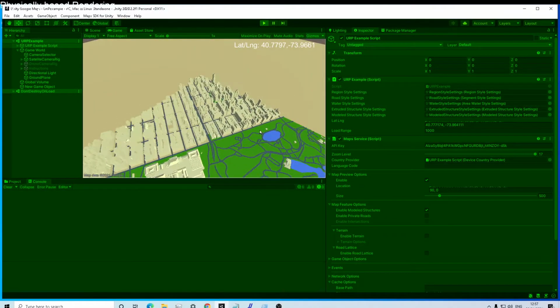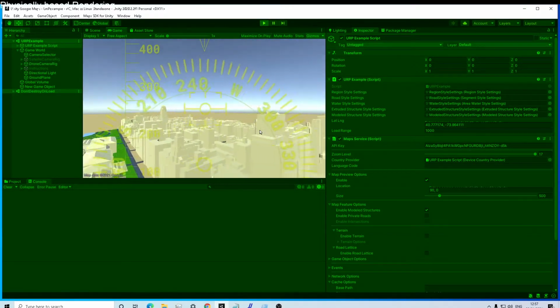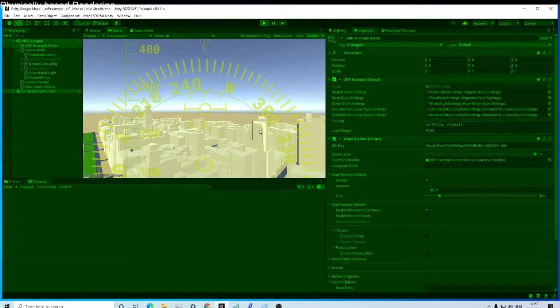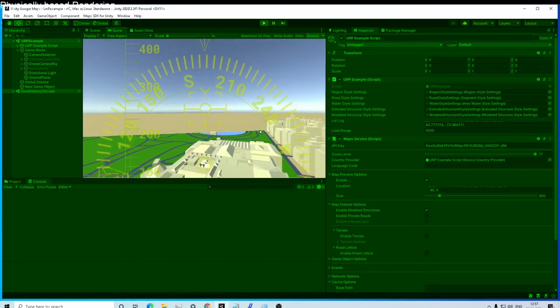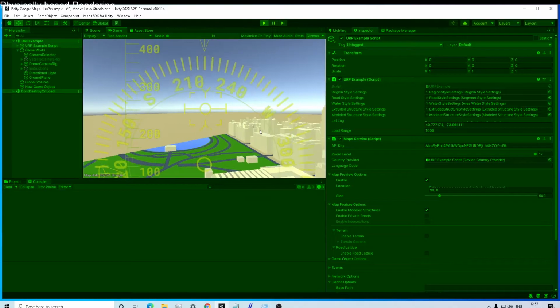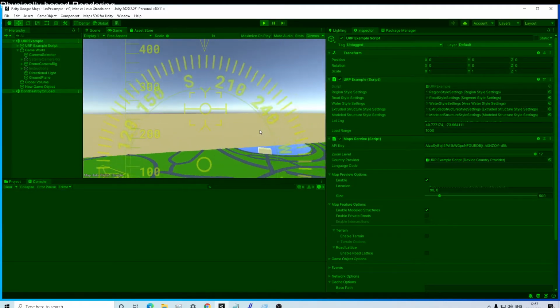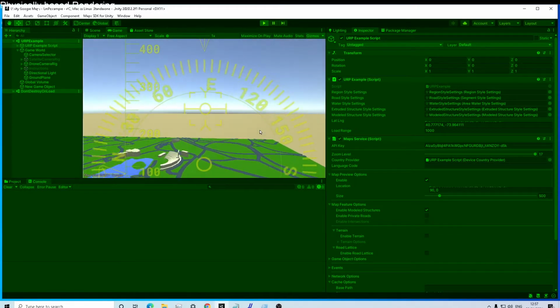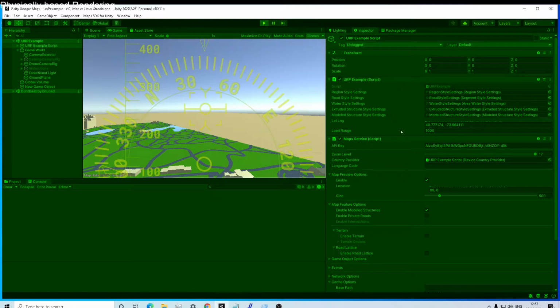the tiles are pretty big. When I press spacebar we can see which way we're facing with a nice visual overlay, so it gives us a good idea. This example here,